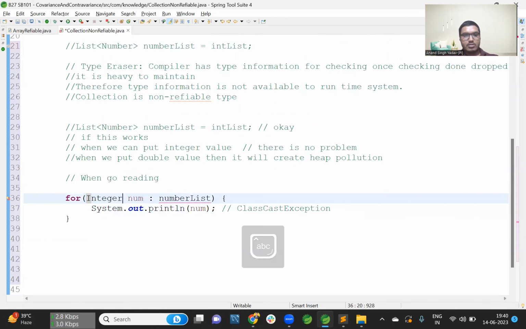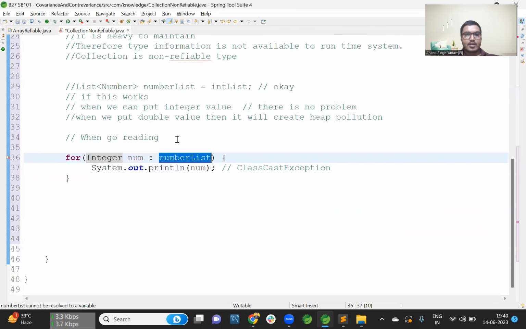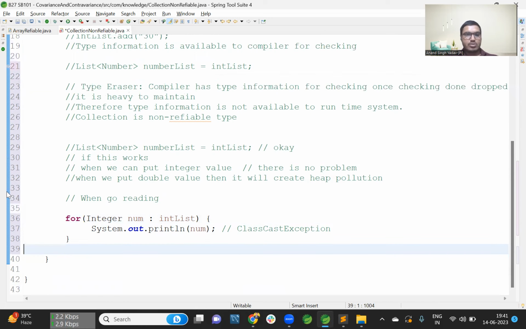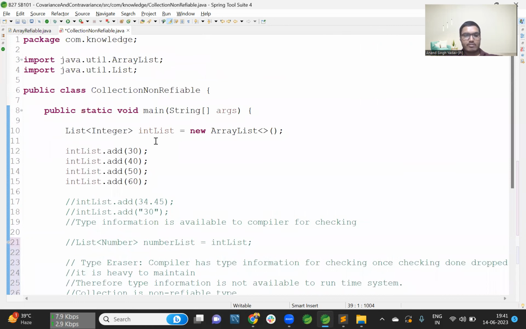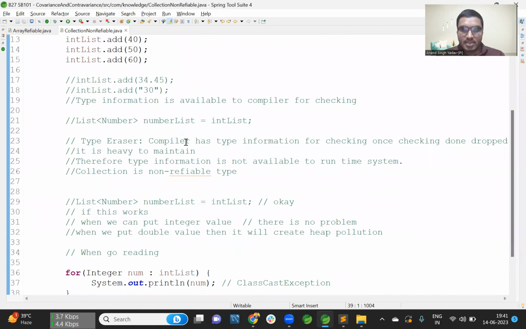If I take an integer, or let's say an int list, this will create a ClassCastException. Got it? I hope you have understood why an array is reifiable and why a collection is not. To understand why this is happening, why collection is not reifiable and why array is reifiable, there is a